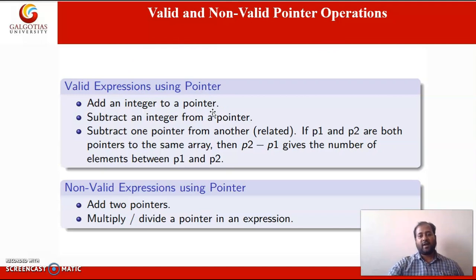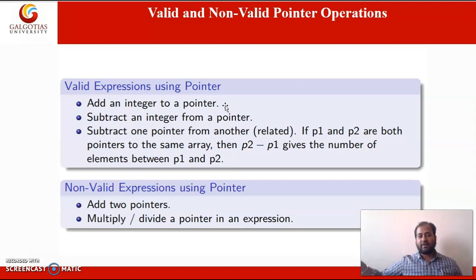Here we are talking about the pointer, not the value at the address of the pointer. Suppose I have a pointer pointing to an integer value, and the integer type occupies 4 bytes in memory. If I add 1 to the pointer variable, it will point to the next memory location.